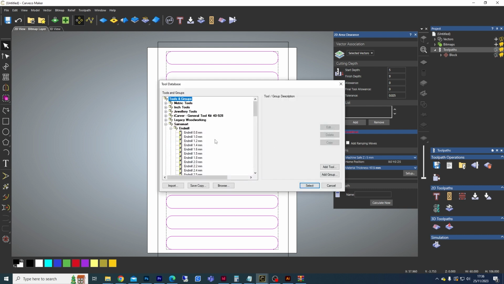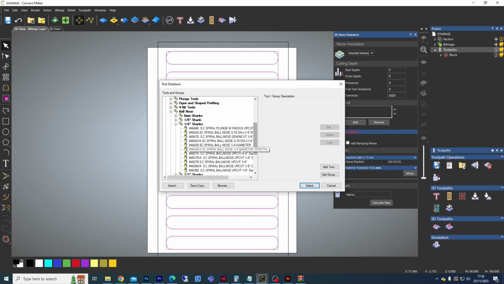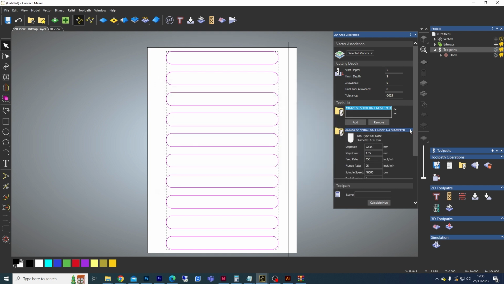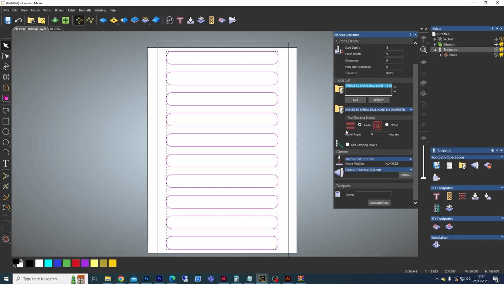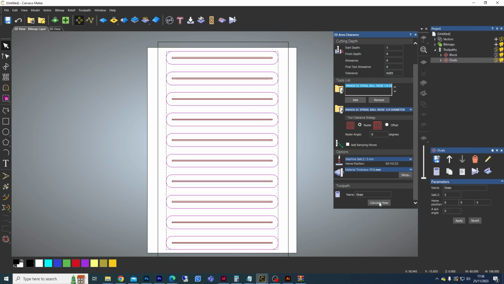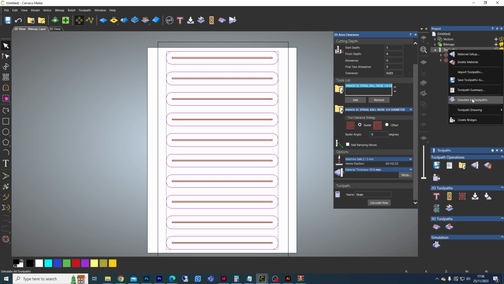Now in terms of the tool, I want to use a ball nose for this. So if we head into the tool menu and just find a ball nose somewhere, 1/4 inch diameter ball nose, there is perfect. Select that. Again, leave all the settings as standard. Raster option is fine, and we will call this ovals. Let's generate those now. And what we can see is if we generate this as a simulation,